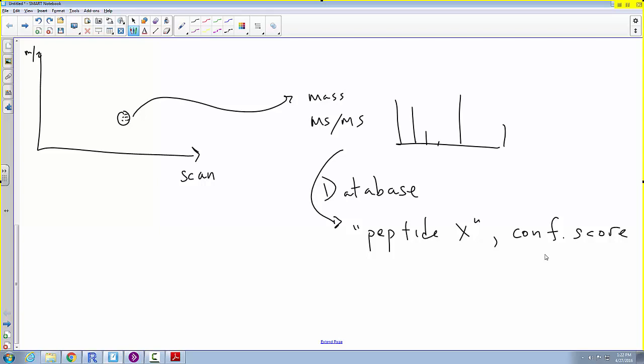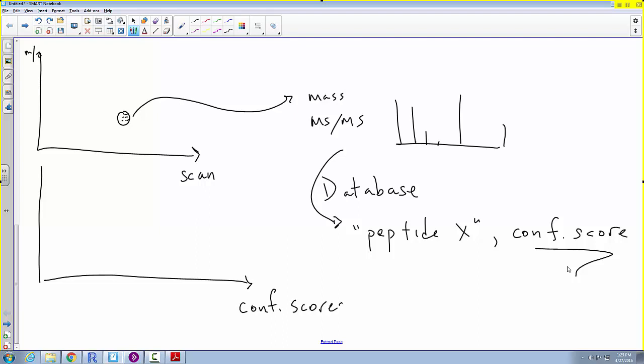So try your best to identify with entries in the database, but give me some number. These are not p-values, unfortunately. These are just numbers. But what we can do is think statistically about them. So out of our pile of peptides, we identify against a database and get best matches for each one, together with a confidence score. If I draw a histogram of the confidence scores, the however many tens of thousands of confidence scores we have,